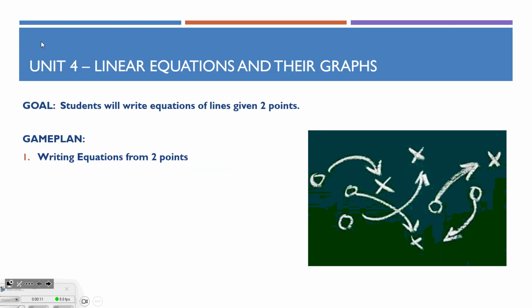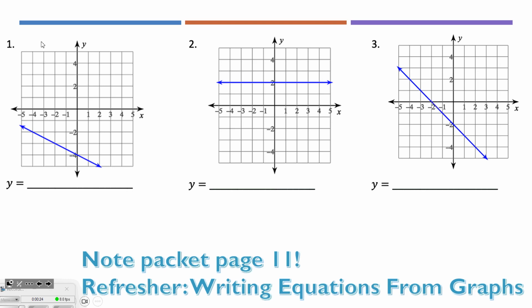Today we are going to talk about how we can write an equation of a line if I'm given 2 points. And specifically, we're going to use slope-intercept form, y equals mx plus b, to do this today. So quick refresher. If I have a graph, if I have a line, and I were to say to you, write the equation of this line,